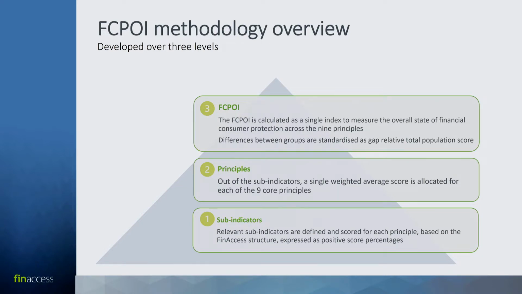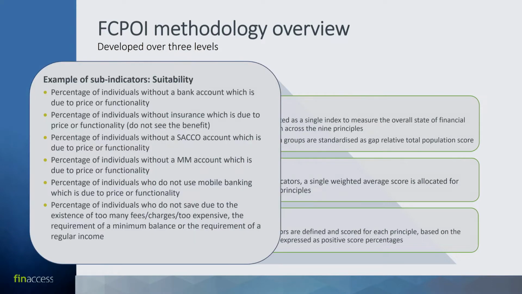Positive score just means that if you ask something in the negative, like if the survey asked, did you lose money? You would invert it to say, now I'm looking at the percentage of people who did not say that they lost money, so that all scores are expressed in the positive and they can be added up, like for like. Just to give you a sense, I can't go into the details now, unfortunately, of the types of questions that were covered in different types of indicators.